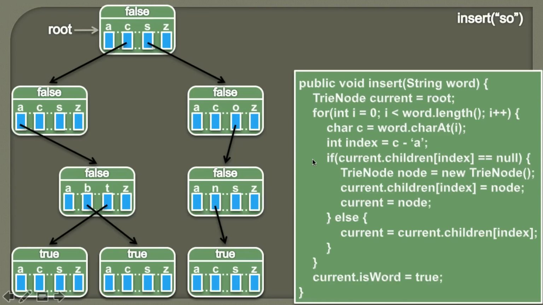So friends, now let's cover the last use case by inserting the word so. Here you can see we have already inserted the word sun, and the new word which we are inserting is so. So is already there in this trie. But we need to provide some additional info to this trie so that it can come to know that so is actually a word. So we'll simply call the insert method again by providing the word as so.